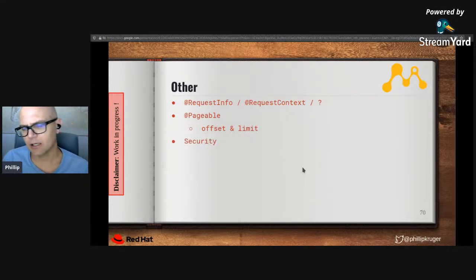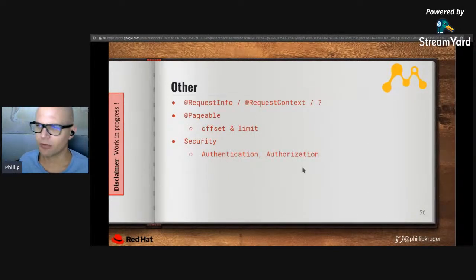Then security, there's quite a lot of work that we have to do on security. It's quite a hard thing, or this is one of the things that I think is more complex in GraphQL than it is in REST, because in JAX-RS you can secure every endpoint in a specific way. In GraphQL, there's only one endpoint. So you can't actually secure it on the endpoint. But we need to basically solve authentication and authorization,